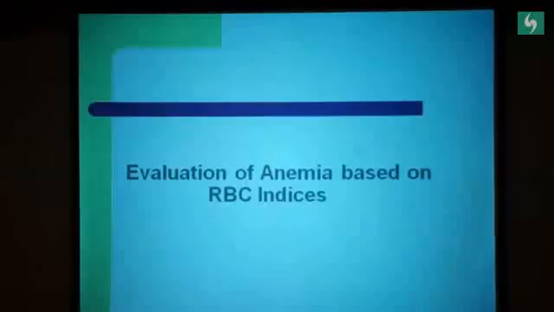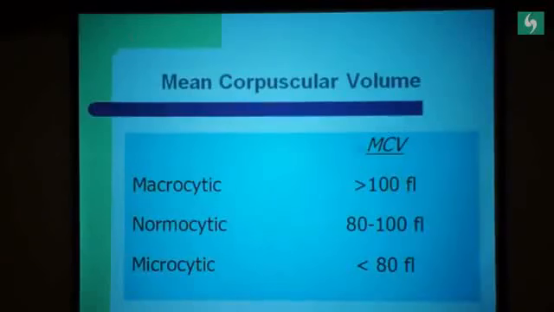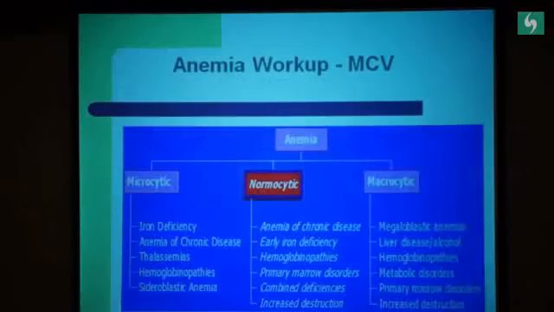Now, the first thing, when we are looking at anemia, we should not be just looking at hemoglobin. Hemoglobin tells us that there is anemia, but there is more beyond that. So let's see what a CBC report reflects. We will look at anemia based on the RBC indices, dividing by the cell size as normocytic, microcytic or macrocytic. Normal RBCs measure 80 to 100 femtoliters, and anything more than 100 is called a macrocytic anemia. Anything less than 80 is a microcytic anemia.